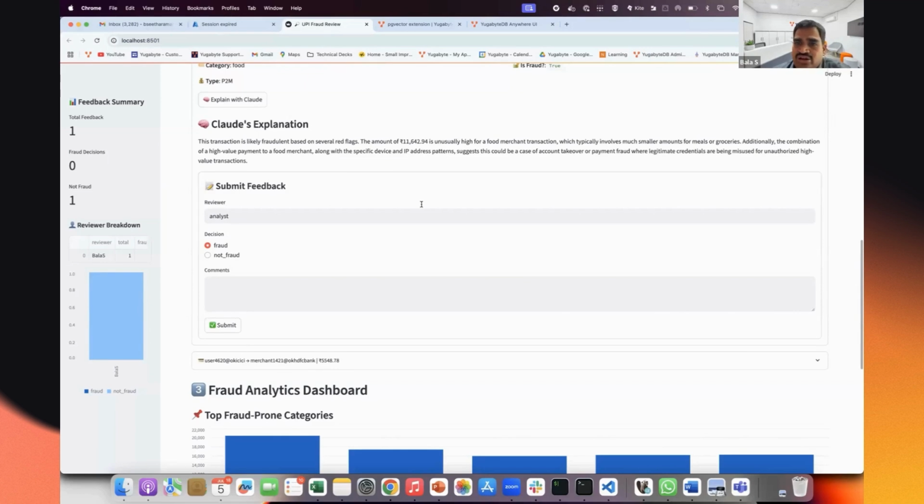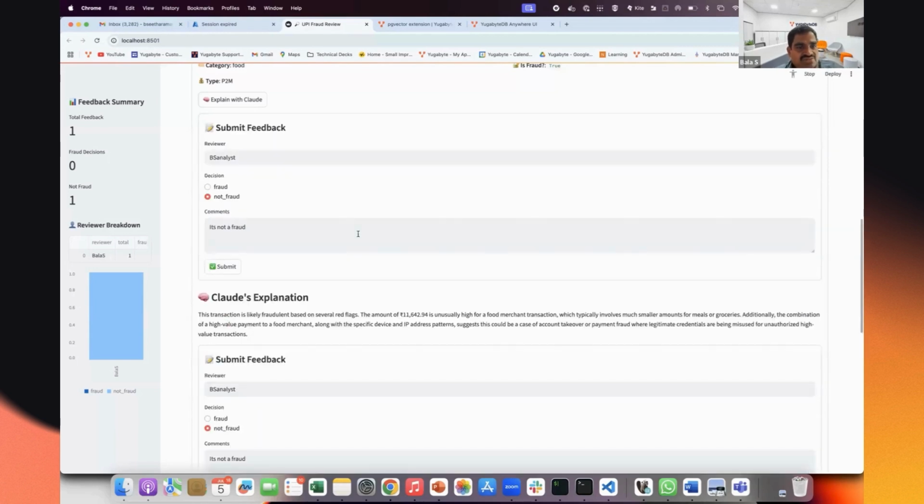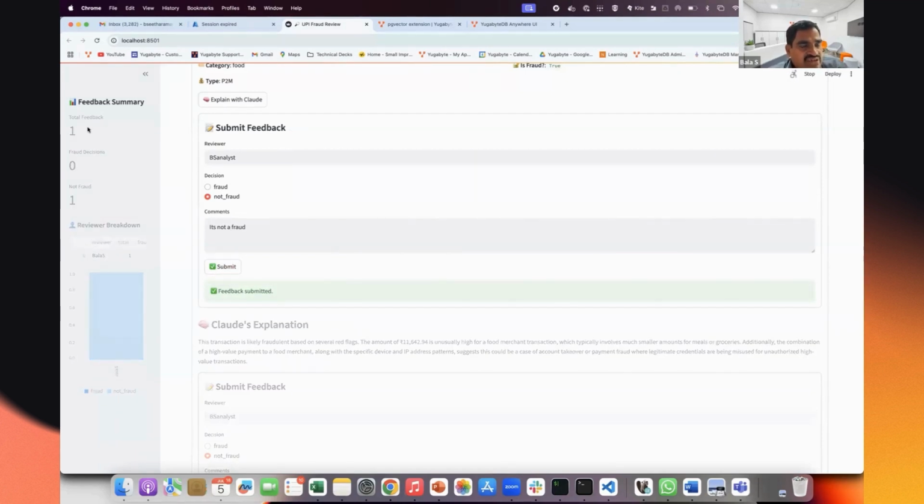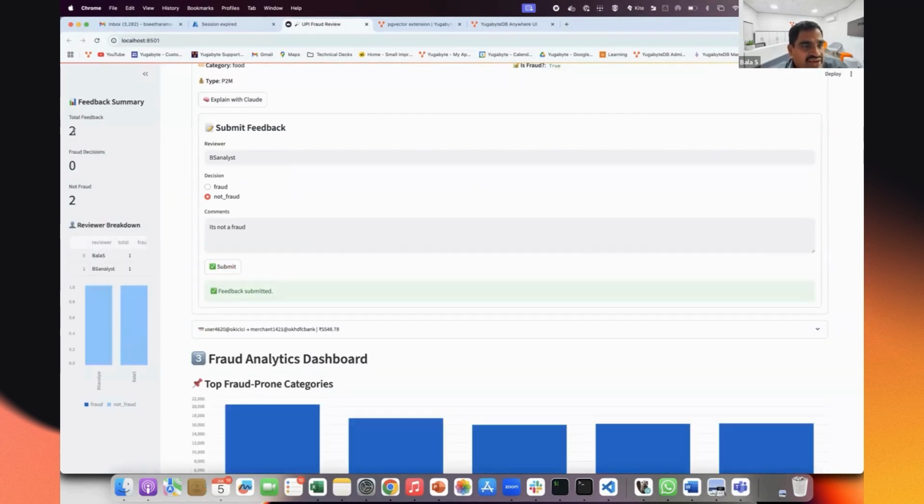So you want to leave it as a fraud? No, I know this person, I know this merchant, this has already been analyzed, then I can go straight away. I'm just marking it as non-fraud in that case. So I'm just saying it's not a fraud, right? It's not a fraud. For the person name, I can put BS analyst as my name, right? Let's see, the feedback is submitted. Yeah, feedback is submitted. As soon as you see, there is already one feedback I already did. Now there is another person, BS analyst, also now coming here. This way, the human in the loop keeps on helping you to tag it,